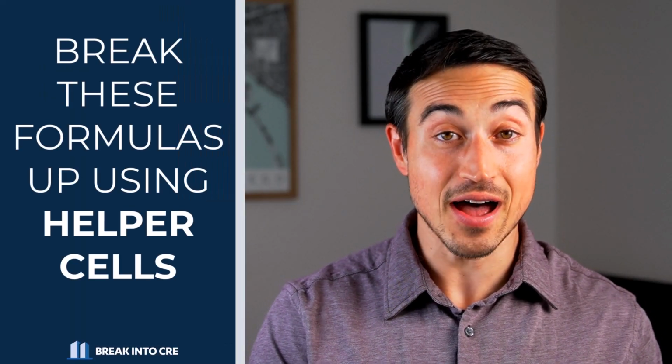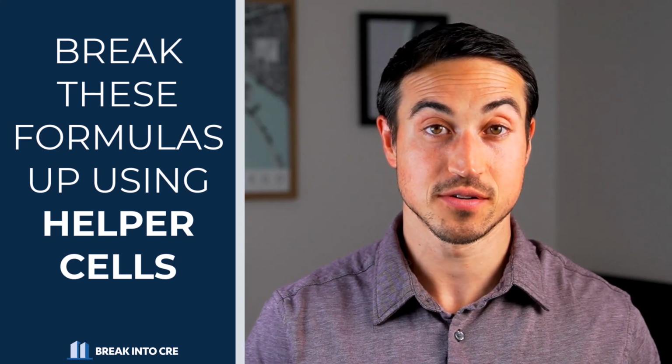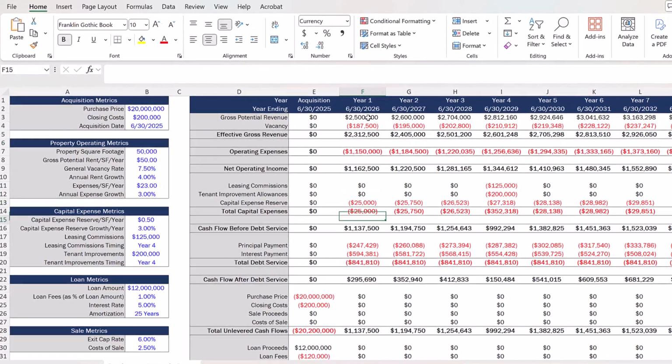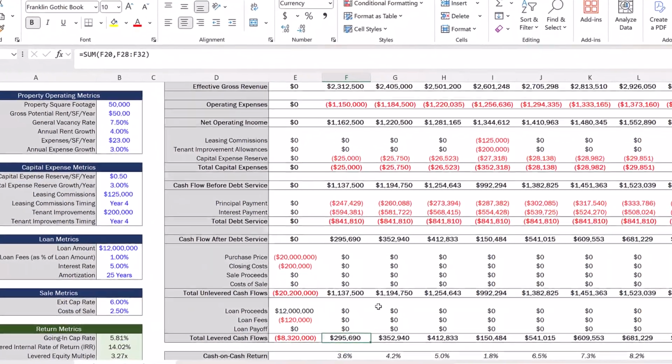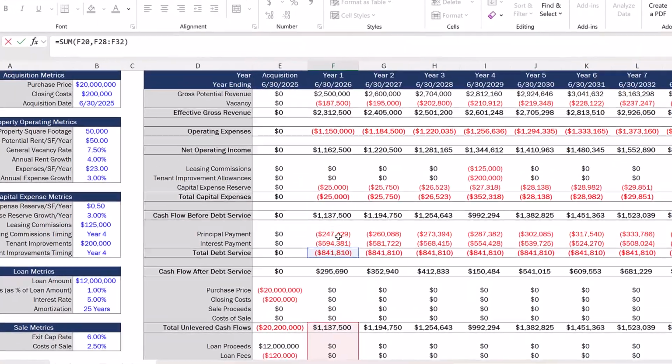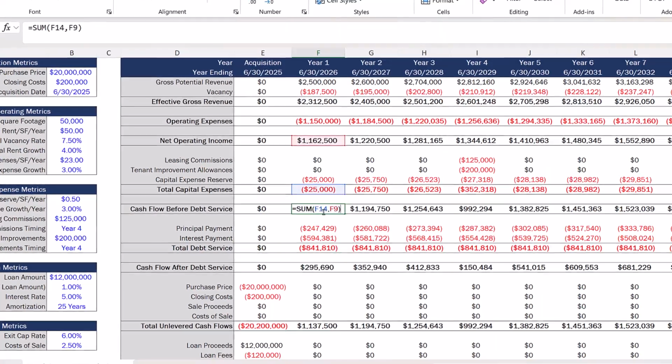So to make this easier, instead of packing as much as you can into one single cell, the best practice here is to break these formulas up using what are referred to in financial modeling as helper cells. Helper cells run individual calculations that are used in other formulas in a model, meaning that instead of cramming your operating revenue, operating expenses, and loan payment calculations all in one cell, you would calculate each of these metrics individually, and then you would just reference each of these 3 cells when building out a formula to calculate your cash